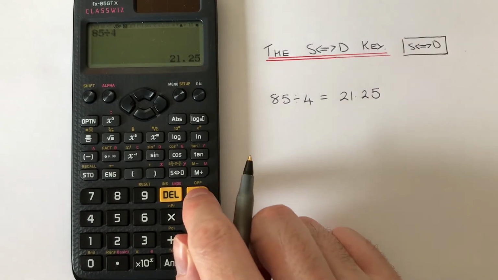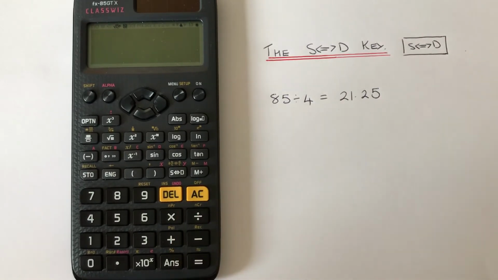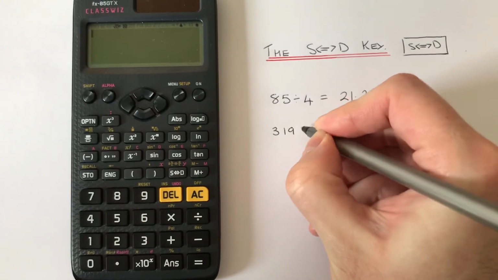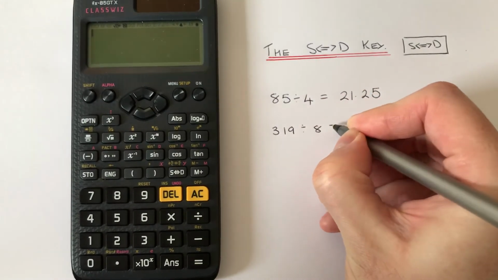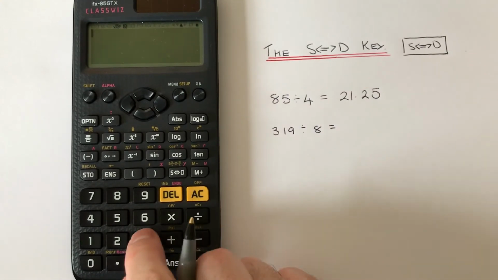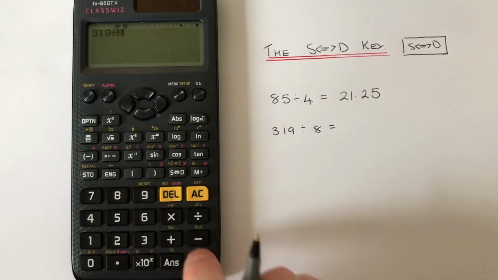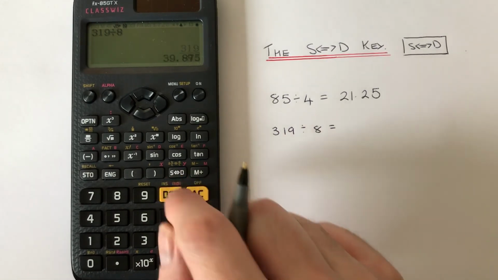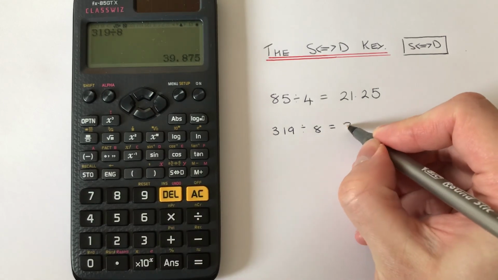Let's do one more example then. This time let's work out 319 divided by 8. So 319 divided by 8 equals, and again we've got a fraction answer. To get it as a decimal answer, we press the SD key, so we get